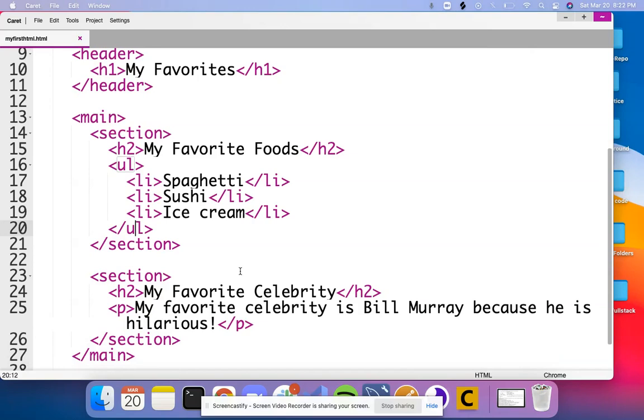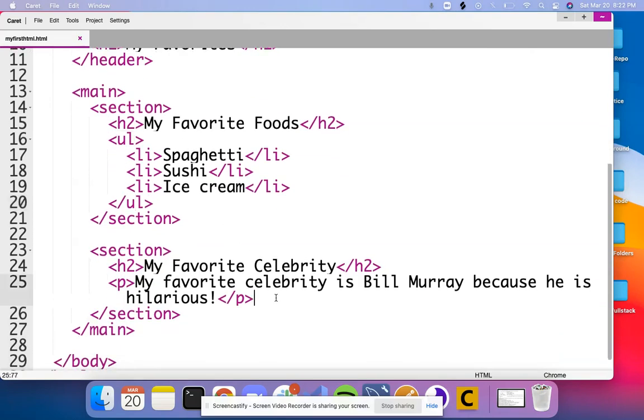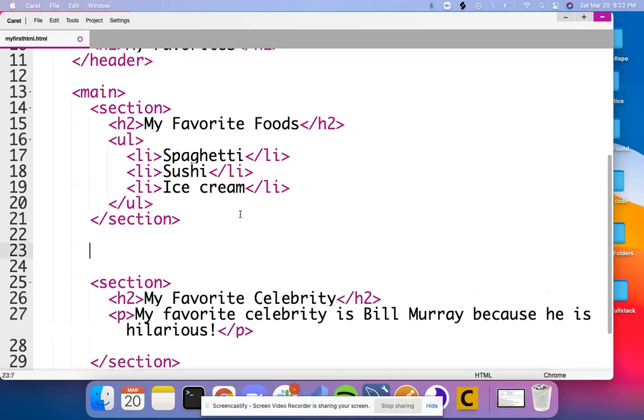One other important element we can add is an image tag. Right here, I'm going to add an image tag of Bill Murray. An image element is a little different from other elements. Two elements we went over in class were the BR element, right? This stood for line break. BR means we're going to have a line break, because if you put a bunch of spaces in your code,